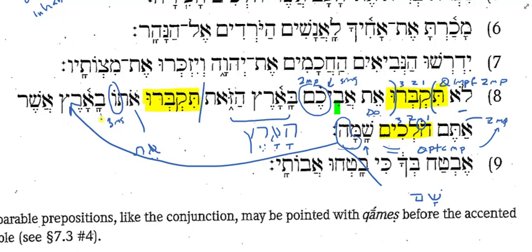Okay, very good. Any other questions about the homework for the Ross chapter here? Do you see how I'm bracketing out my middle root letters and getting to the prefixes and suffixes? That's really going to help you know, if you're dealing with an imperfect, you're looking for prefixes. And if you don't have prefixes, then you're looking at the suffixes and saying, okay, if it's the perfect or the participle, I've got to look at vowel points and endings, right? Participles do not use the perfect personal endings. They use the adjective endings: zero, a, im, ot, or the tav for the feminine singular as well.